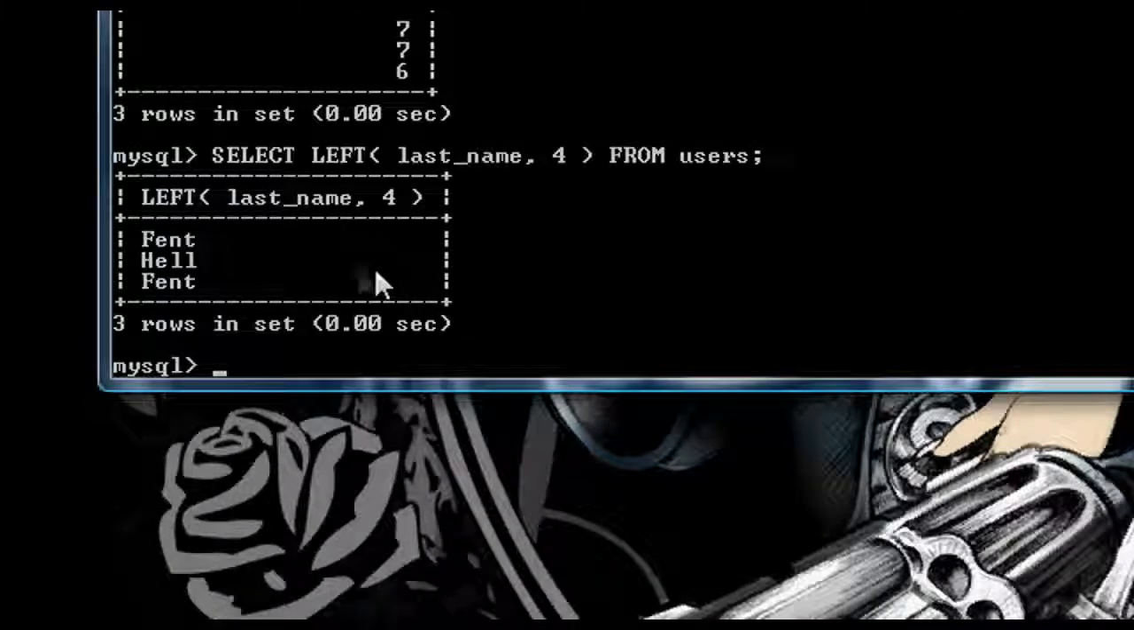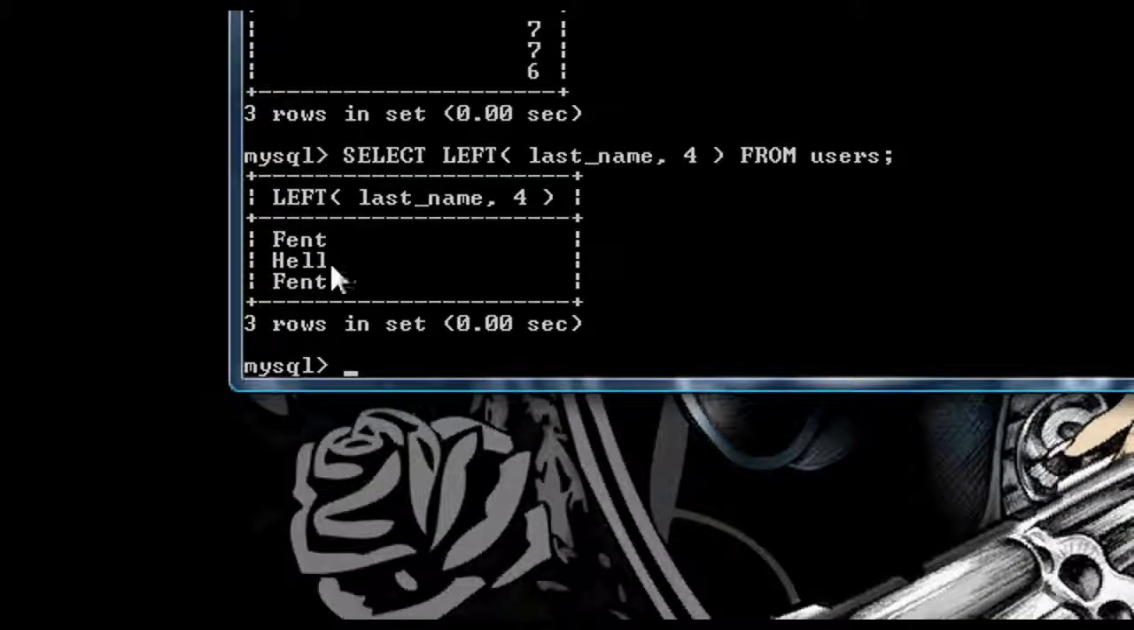If I run that now, you can see we only get fent, hell, and fent again. So that demonstrates that. Now, another function